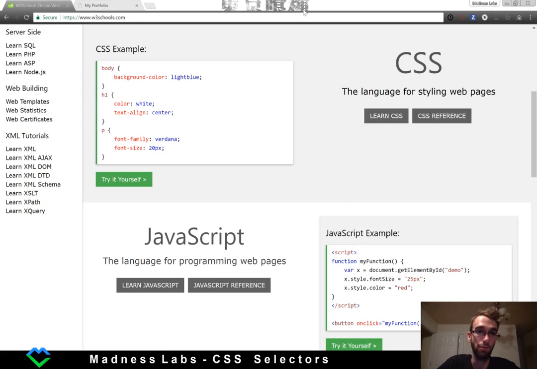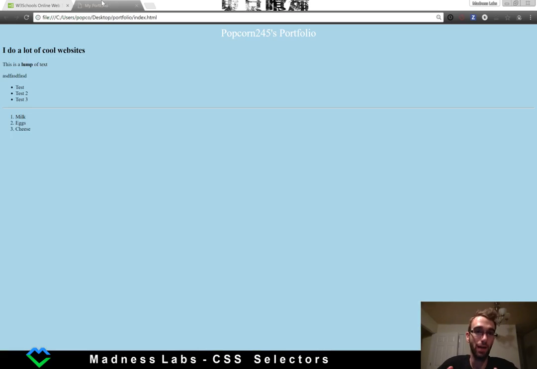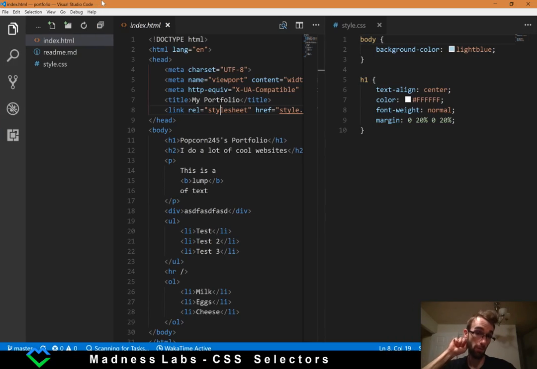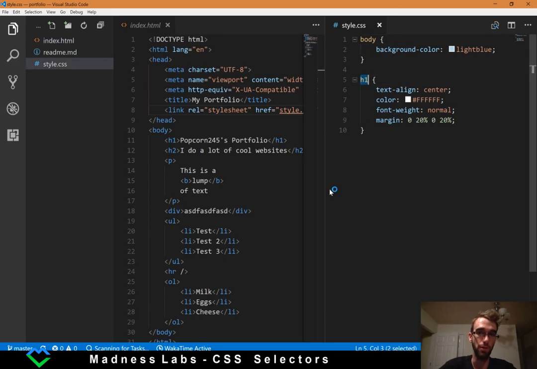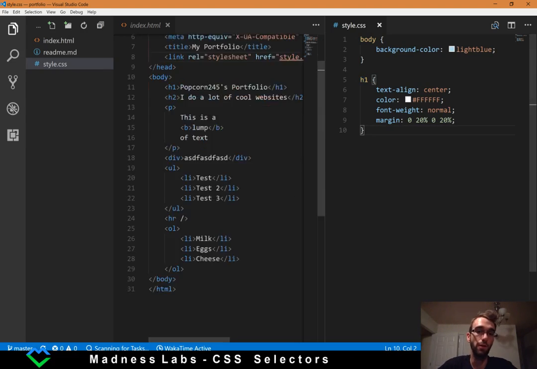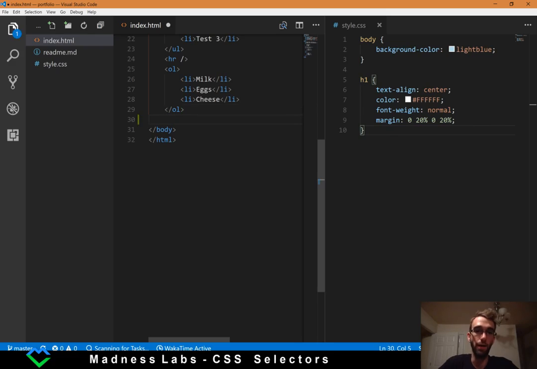So this is where we last left the application. We've now got a basic amount of styling on this page. We've got some background color, we've got some font styling, stuff like that. But let's jump back over to our code. One thing that can be very problematic when you're writing styles that are very generalized like this, for instance the H1, is that these styles are going to apply to every element on the page. So for instance, if further down this page I wanted to add another H1 in,